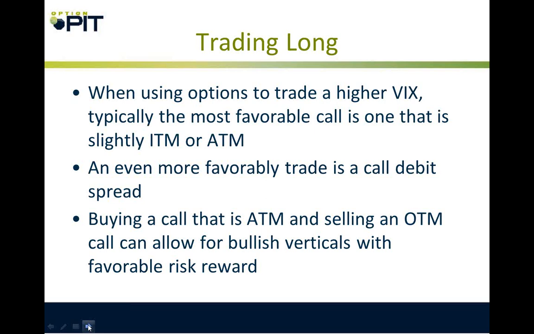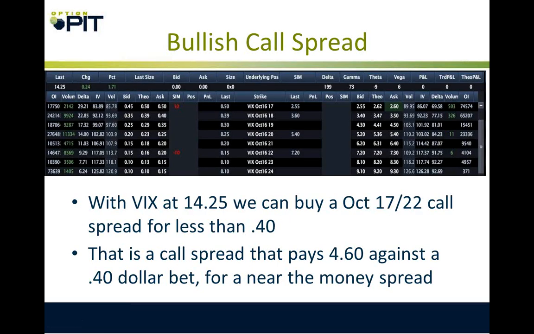Setting up hedges in VIX, call spreads are the best way to do it, and the simplest way for a lot of people. There are other trades like back spreads that can also make sense, but with the VIX at 14.25, I can buy a 17-22 call spread, a 5-point vertical, for less than 40 cents. So it's a spread that pays $4.60 against a 40-cent bet,